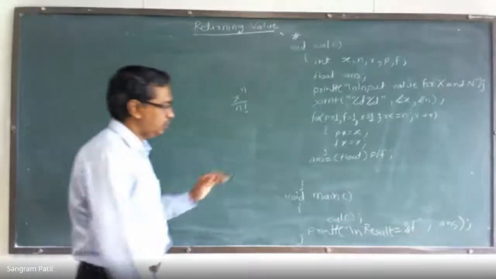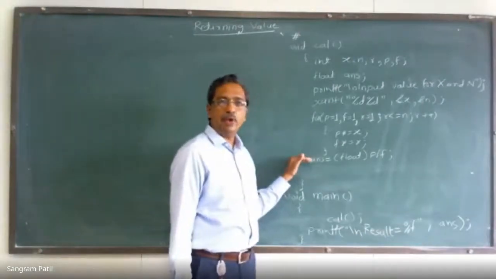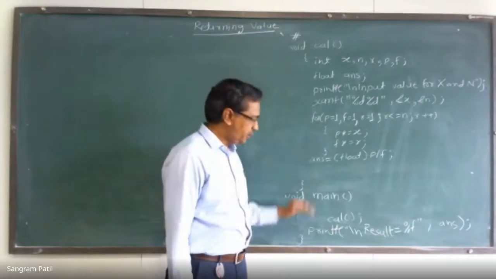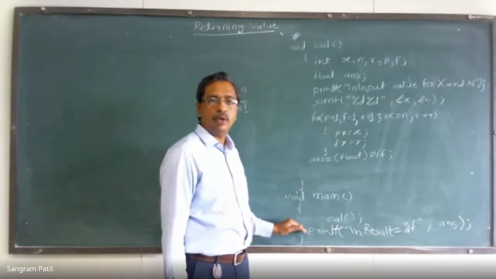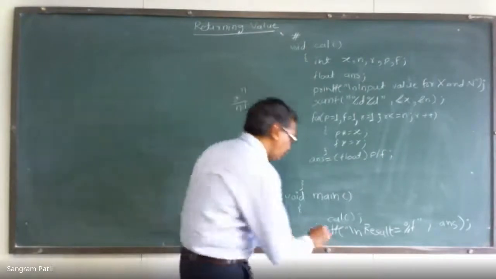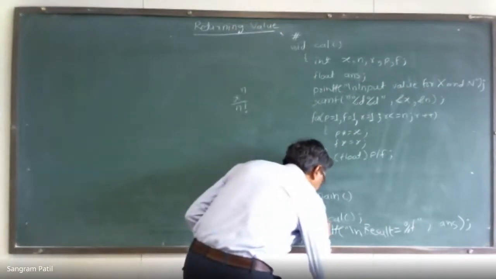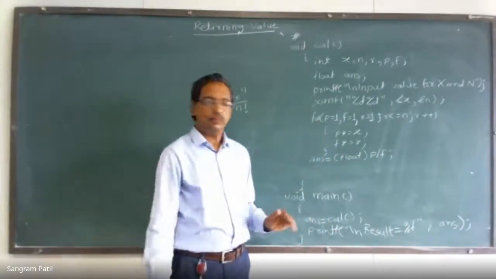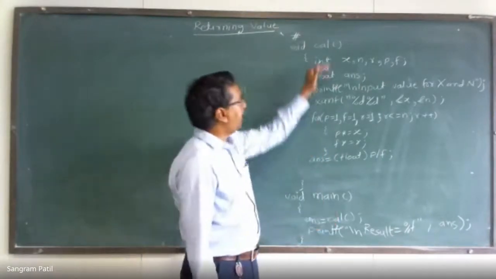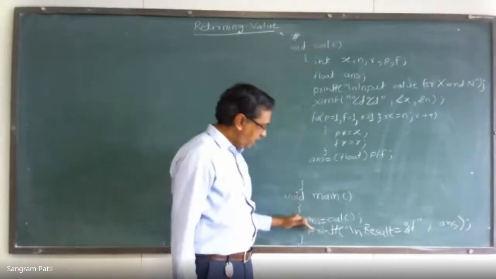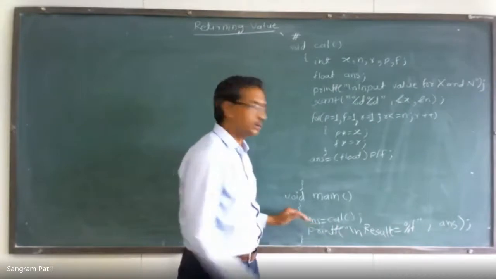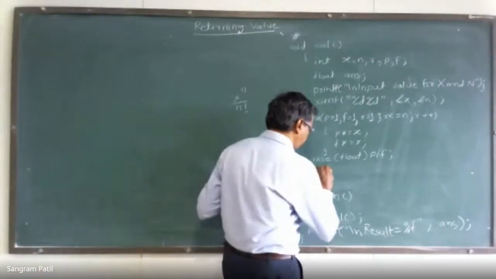Now the value we are calculating in the function, this value we want in the calling program. So that we can do with the help of answer equal. So this indicates go to execute cal and get the value of answer into the variable answer. So that we can do with the help of